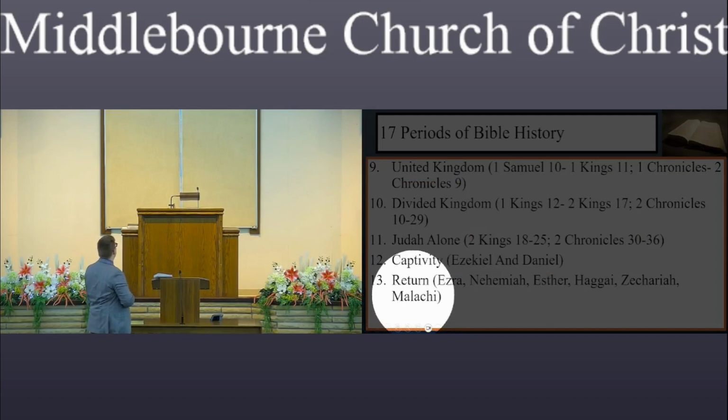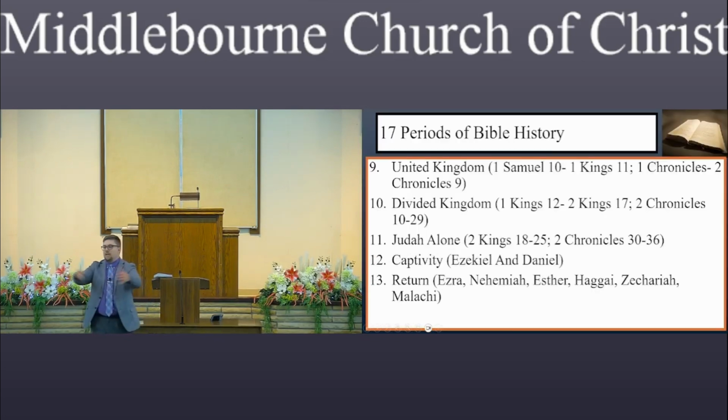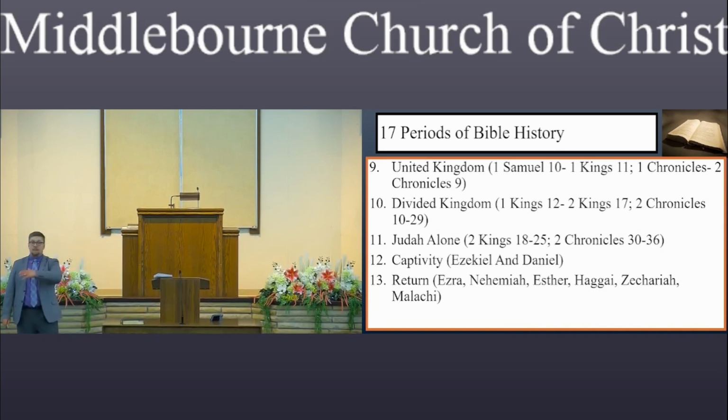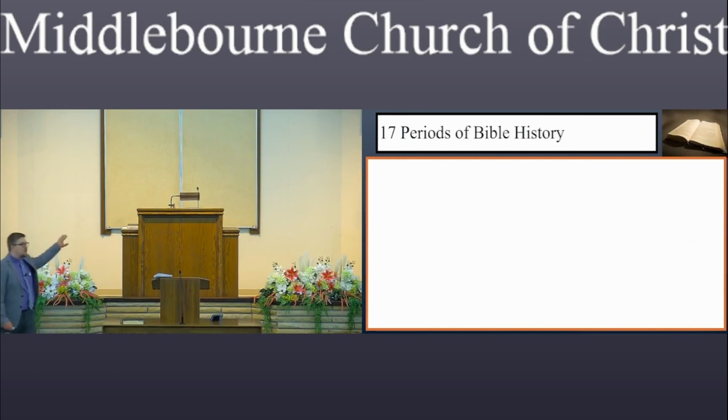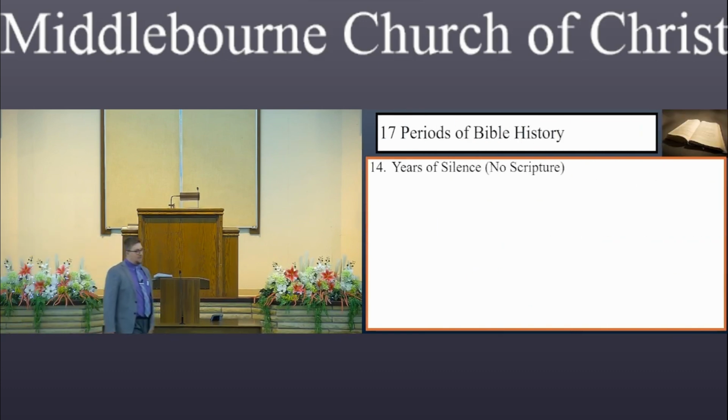Malachi takes place. It is the final book, not just in terms of when you go through it, it's Malachi, a blank page, then Matthew. Malachi is the final book in terms of what was written. That was the last of the Old Testament written before we actually have 400 years of silence. What scripture goes with that? Nothing, because there was 400 years of silence. I think I mentioned this when we did that survey of the Bible. The 14th period of history is the blank page between Malachi and Matthew. That page where it says New Testament, and you flip it over and it's blank on the other side, that's where the 400 years take place, on the turning of that page.